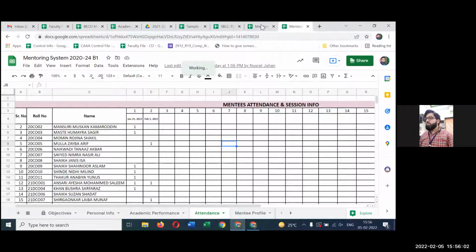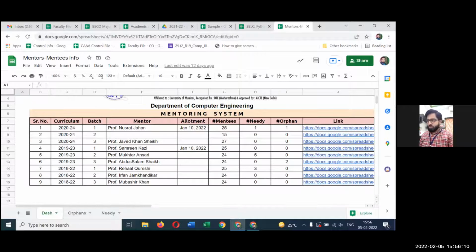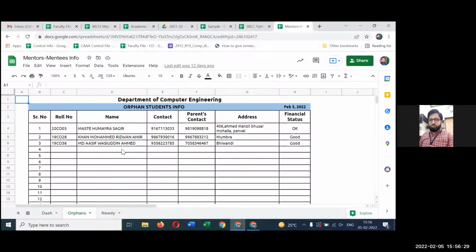So I come back to my mentor. अब यहाँ पर क्या हो रहा है कि सभी mentors के mentoring templates यहाँ पर links है. So we come to know, we count. अब यहीं पे हमें एक simple query डाल के वहाँ से count कर लेते हैं कि कितने mentees हैं इनके अंदर में, कितने mentees उनके needy है, कितने mentees उनके orphan है. ठीक है? So that information we are computing over here. Likewise, orphans की पूरी list जो है वो यहाँ पर generate हो सकती है.